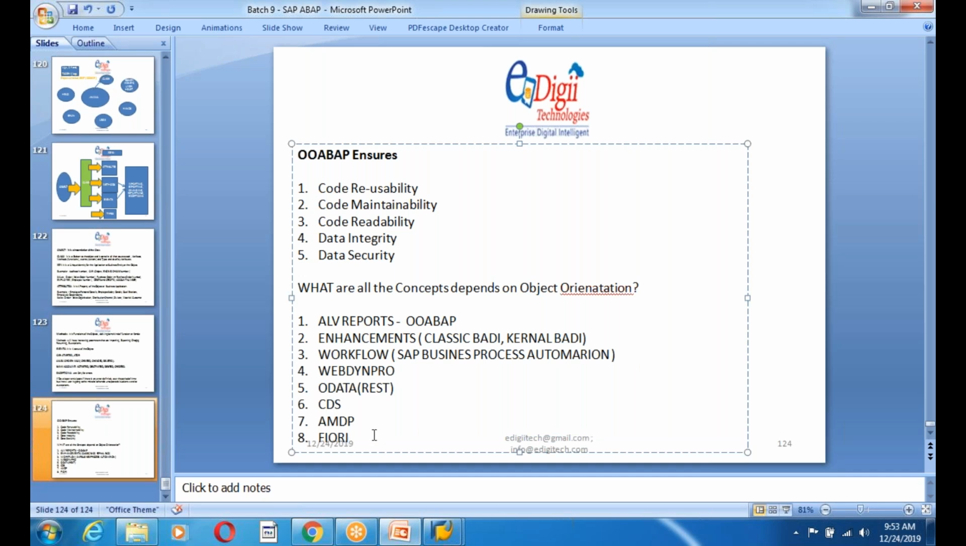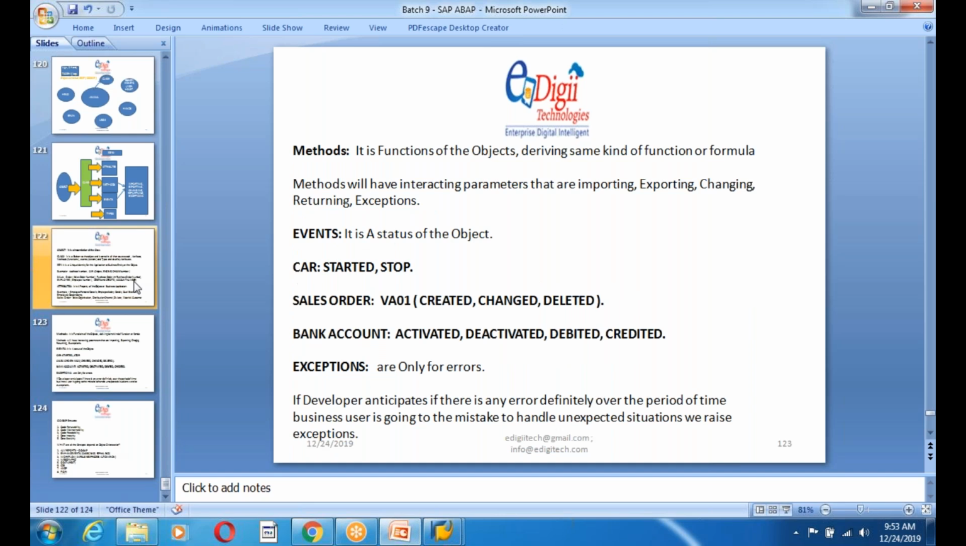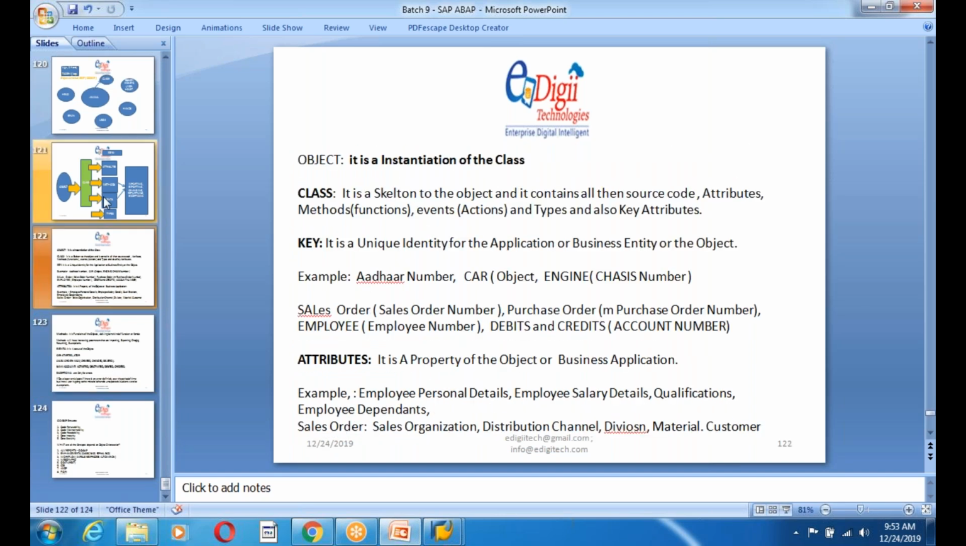These concepts, without object orientation, you cannot build this. Without this, you cannot get any job, guys. Without this, you cannot get any job. So that's the importance of object orientation, guys. Now we'll see what exactly a class is: a skeleton of an object, and for every class